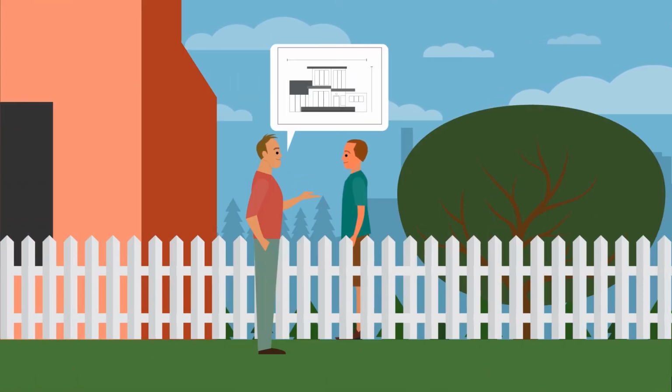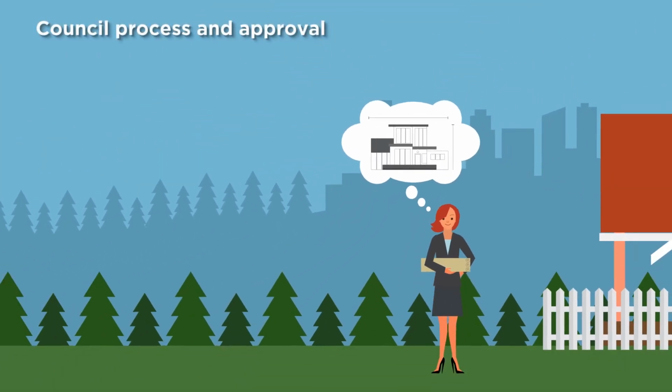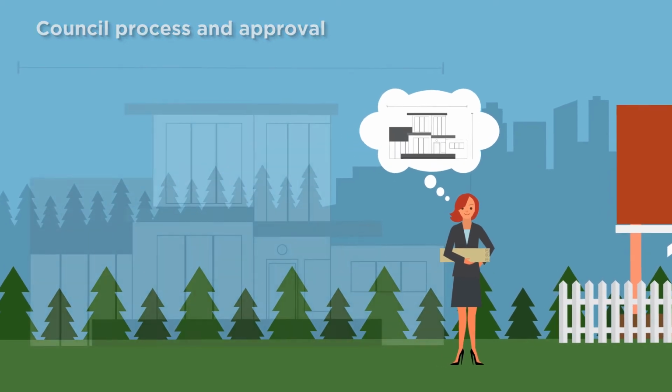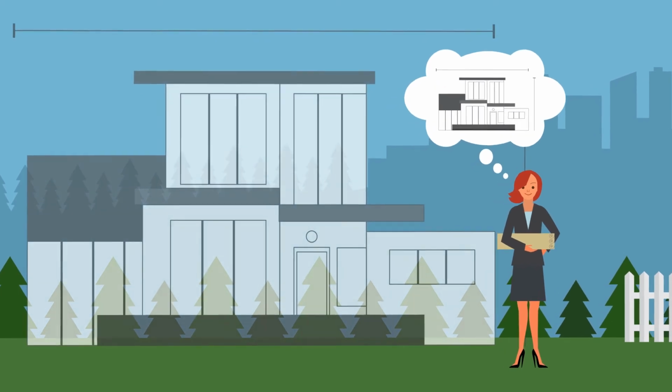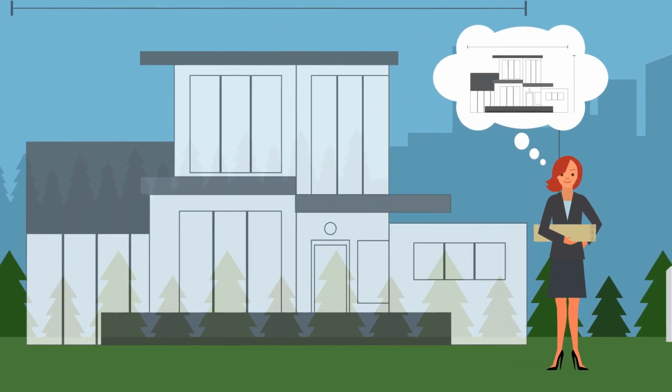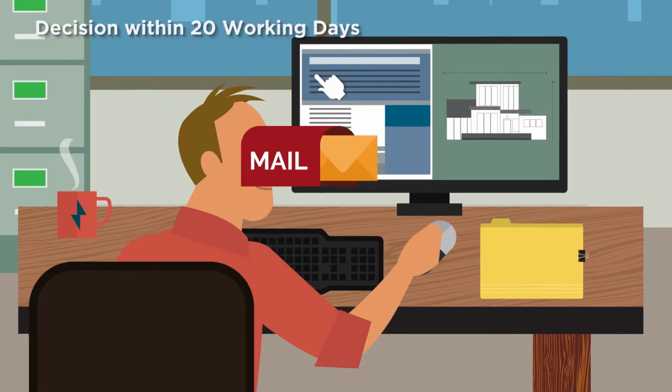If you think that your activity may have an effect on your neighbour, then you should seek their approval. Council will assess your proposal and then visit your property. They will assess the effects on your neighbours and the surrounding area. If you have provided your neighbours written approval with your application, then the planner will not need to consider if they are affected. As long as all the relevant information is supplied, Council will provide you with a decision after